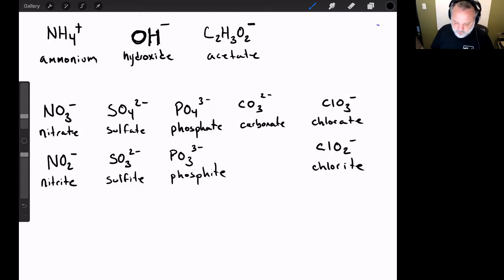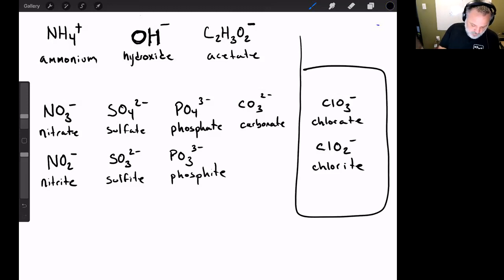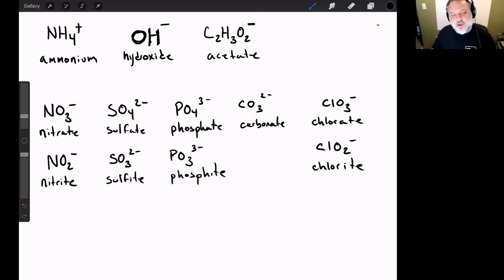Here's the difference though. We're going to have a bunch of these types. I'm going to have a chlorate, a bromate, and an iodate. And the only difference is going to be the halogen that starts the compound. The additional difference is that unlike nitrate, sulfate, phosphate, nitrite, sulfite, phosphite, which are the only versions of those polyatomic ions, there are additional versions of this one